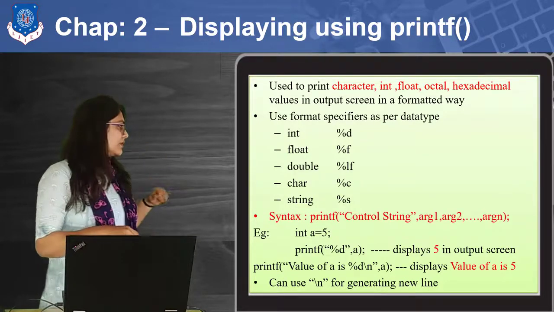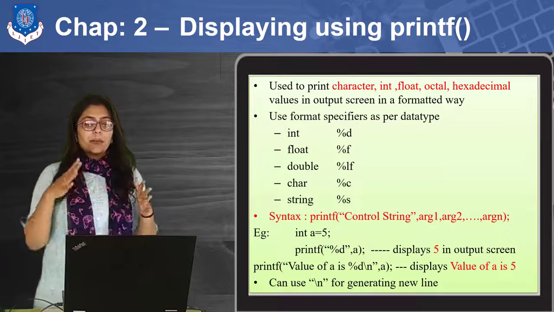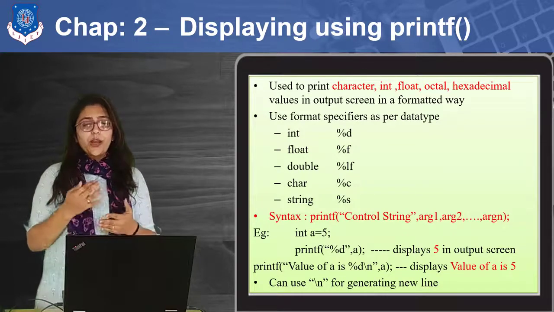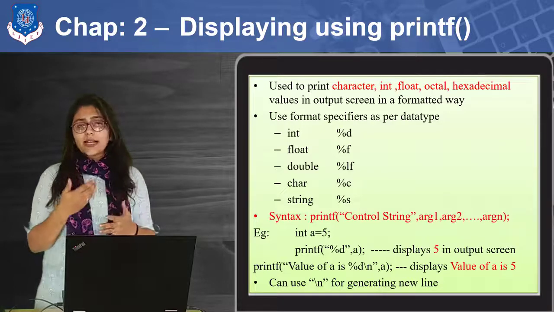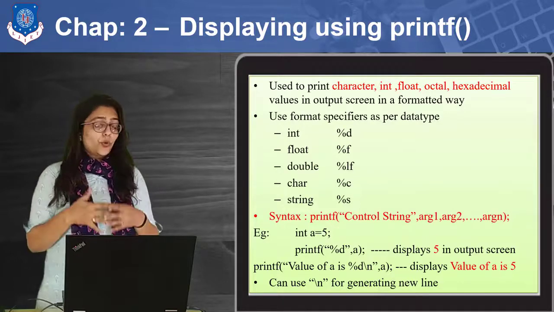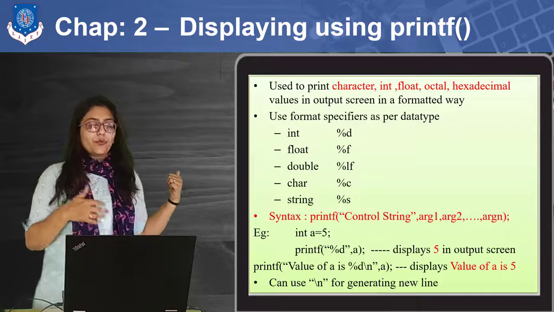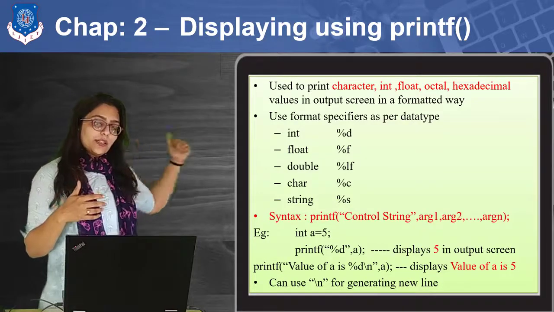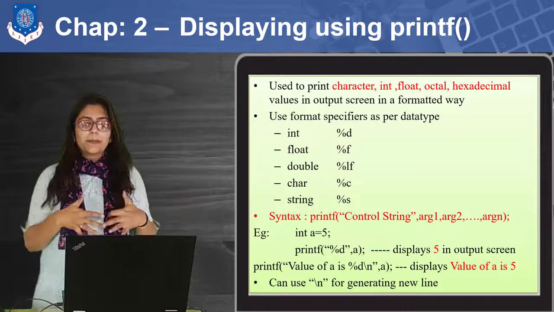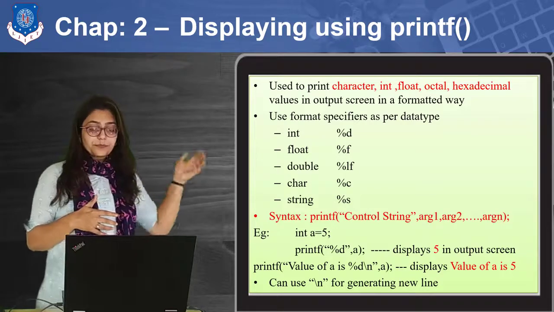But right now, just understand the theoretical part: printf is used when we want to print character, integer, float, octal or hexadecimal kinds of values. So by using a single printf, you can print output including these data types.